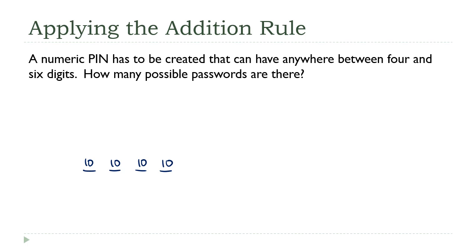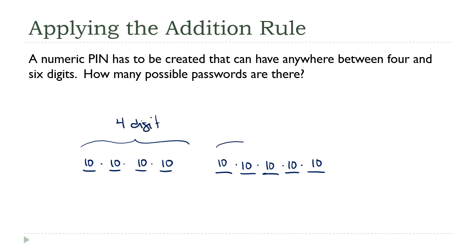But what about the 5s? Well, again, I could do that one too. 1, 2, 3, 4, 5. I could do that using the multiplication rule. 5 digits, 10 choices each. So these are the 4-digit pins. These are the 5-digit pins. And finally, what if I have to choose a 6th one? The number of 6-digit pins would be